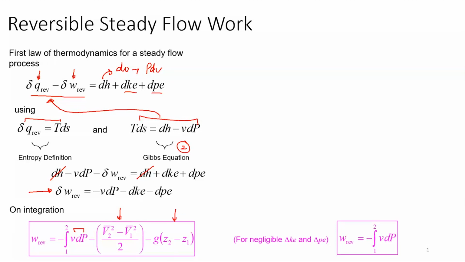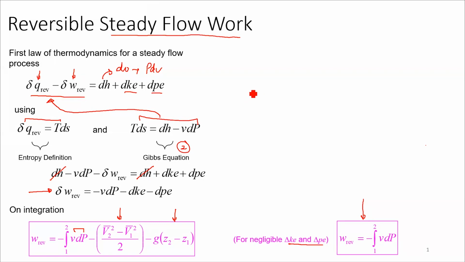And when you have negligible kinetic and potential energy, you would essentially ignore kinetic and potential energy, and work reversible would be equivalent to minus integral VdP from 1 to 2. This is for steady flow work,